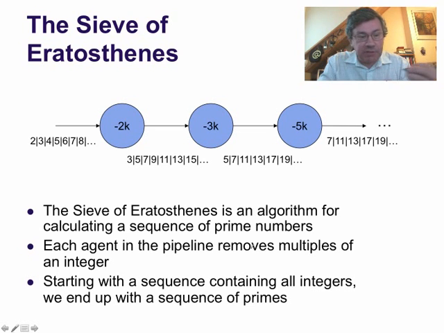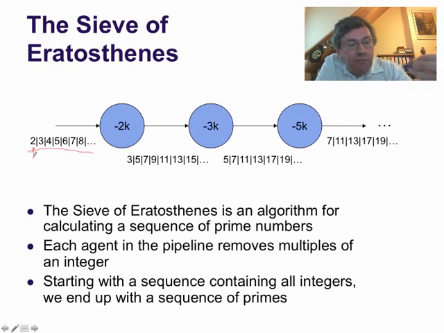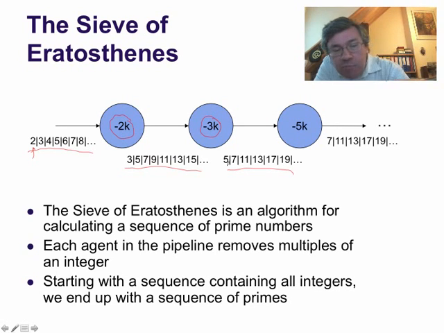So the first example is the sieve of Eratosthenes. We start with an input list, which is a list of integers. Usually it starts with 2 and it keeps going, 3, 4, 5. Our first agent is going to remove multiples of 2. So we call it the minus 2k agent. This gives us an output stream of only odd numbers. Then we remove multiples of 3 in a second agent. This gives us a stream with even fewer elements, and we keep removing multiples, 5 and so on, until we